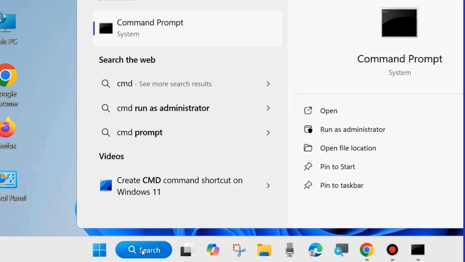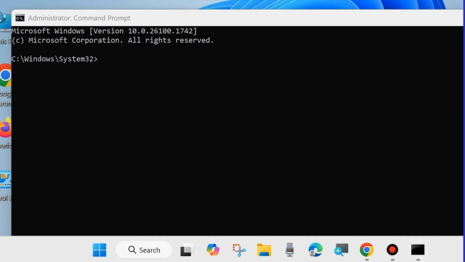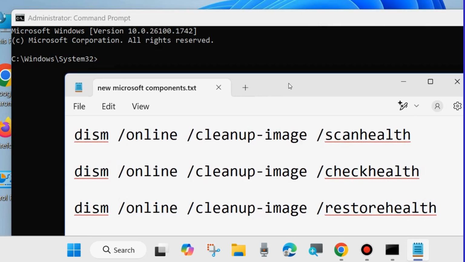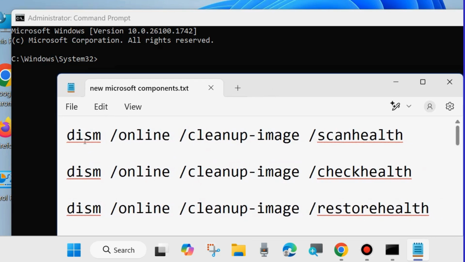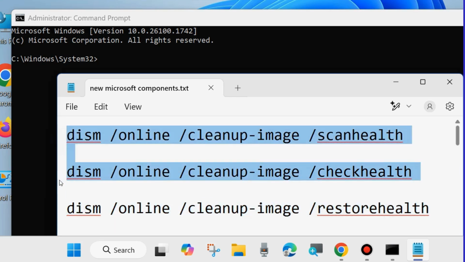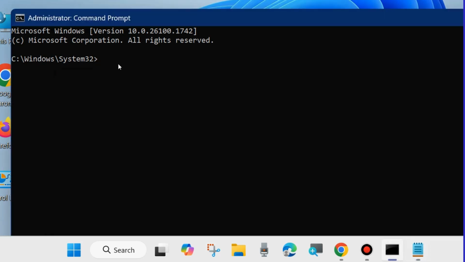Go to Windows search, type CMD and open Command Prompt as administrator. Choose Run as administrator and here first execute the DISM tool. These three DISM commands as shown on screen, execute one by one followed by the Enter key each time: DISM scan health, DISM check health and DISM online restore health. Execute all these three DISM commands on your Command Prompt one by one followed by the Enter key each